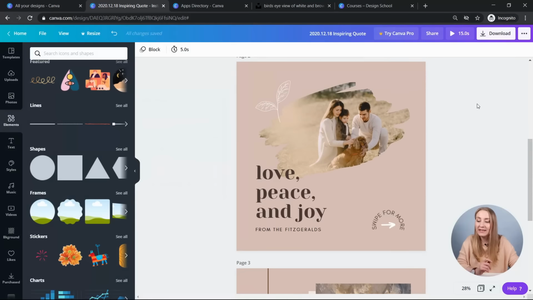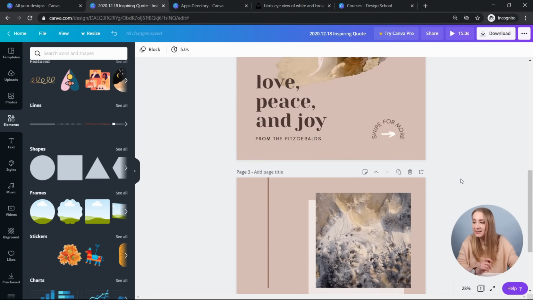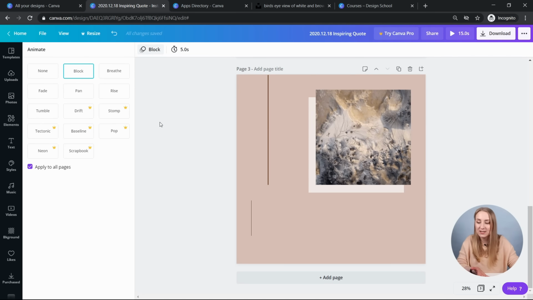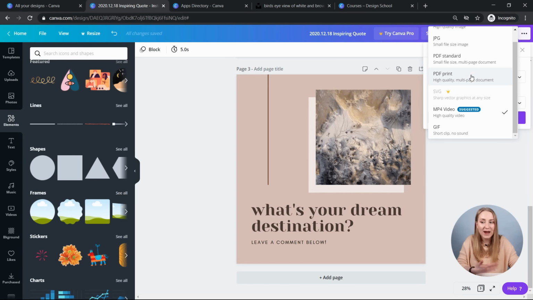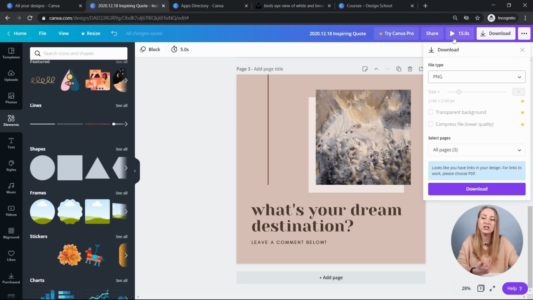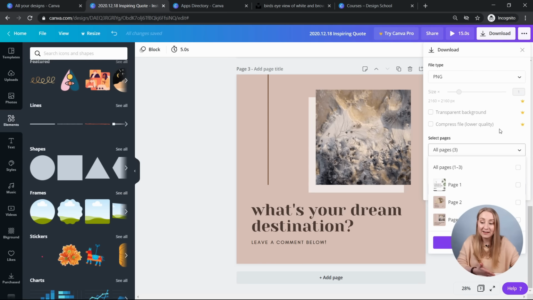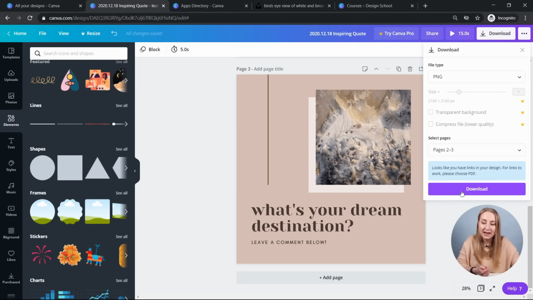And then let's download these 2, not as animations, even though I have animations applied to them, but just as a regular graphic. So I'll choose PNG just because for me it's the best file type to upload to social media. And I can just select page 2 and page 3 and then download it. As you can see, it tells you that it looks like you have links in your design.